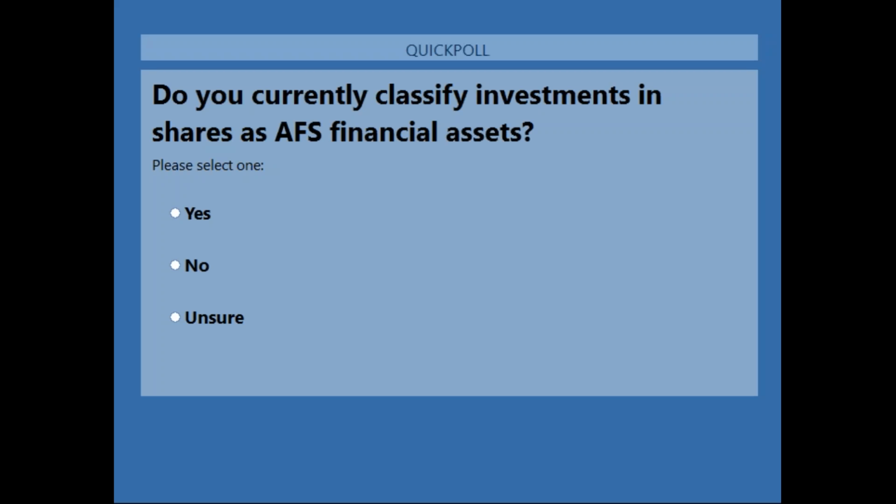Available for sale, really problematic. If you're in that category, the new AASB 9 would be quite helpful, especially around potential impairment issues. I'll give you another few minutes. I think around 50% of the attendees have already voted, which is amazing. A few are saying not sure. So available for sale, that bucket category, how many of you currently have your investment in shares in that category?